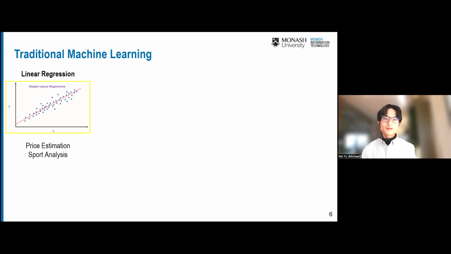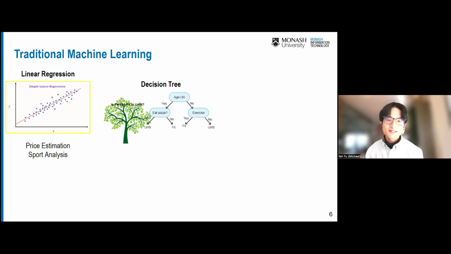And we also can do sport analysis using this kind of linear function. So imagine you are a baseball, basketball, or even football manager, and you want to come up with a strategy to win more games during the season. So what you're going to do is collect some features from your players, from your games, and then find out some correlation between those features and whether you win the game or not. That way you can optimize your strategy to win more games.